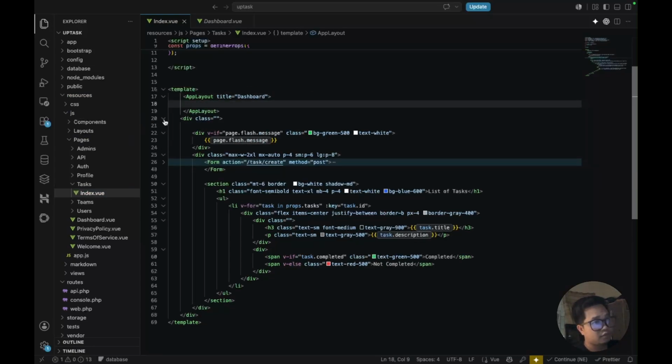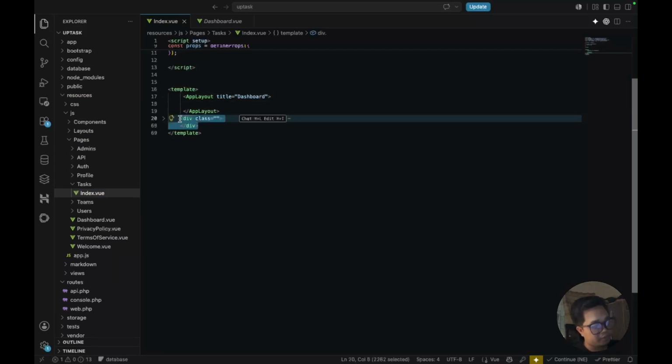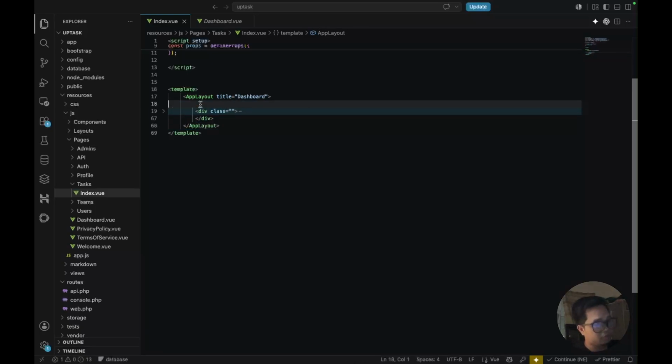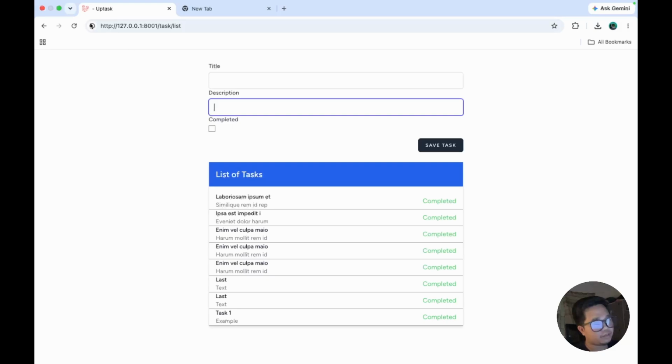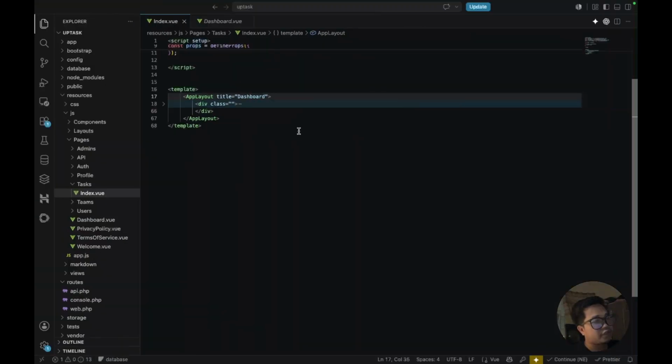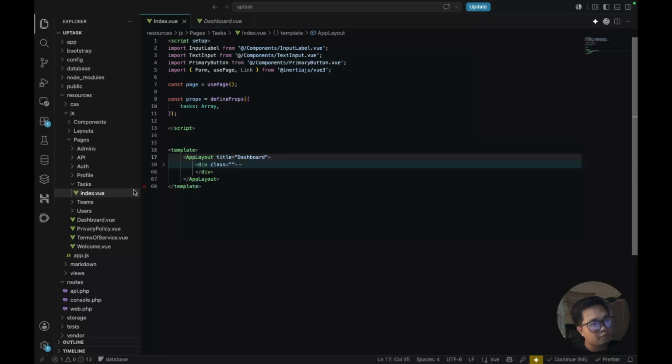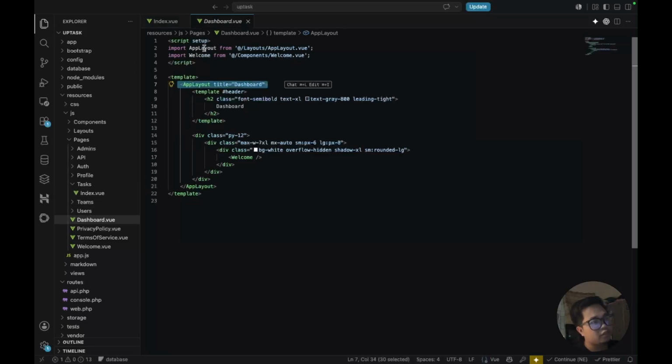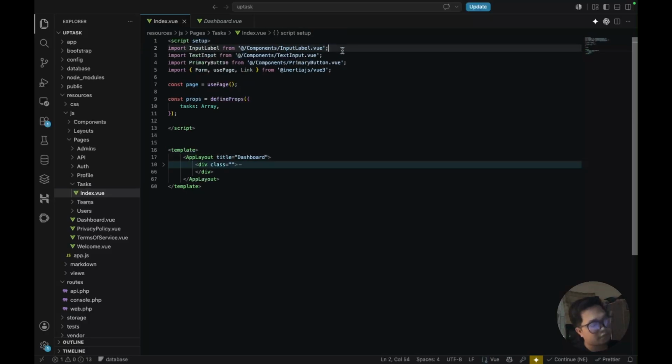So we have this, and also we can add more. Example, we will add more h2, h1. So if you want to add multiple h1, you just make it times 4. So you have multiple h1.